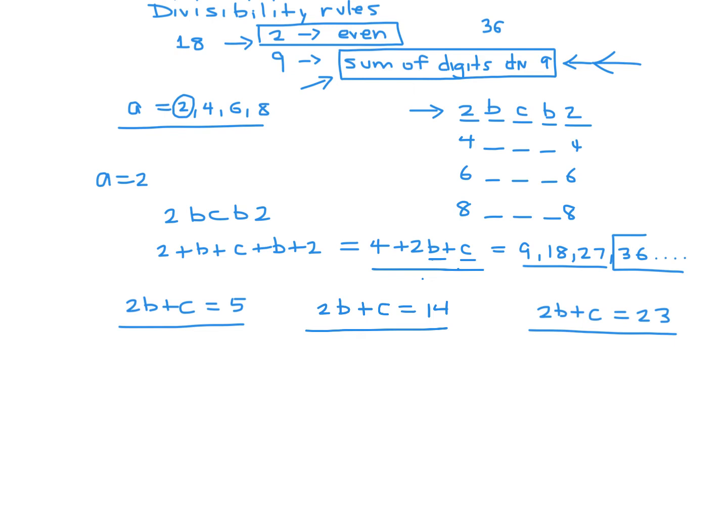So for example, what happens if I put B equal to 0? Well, if B is 0, then C is 5. If B is 1, then C is 3. And if B is 2, C is equal to 1. And those are the only positive integer solutions. Got it? Similarly with this one over here,